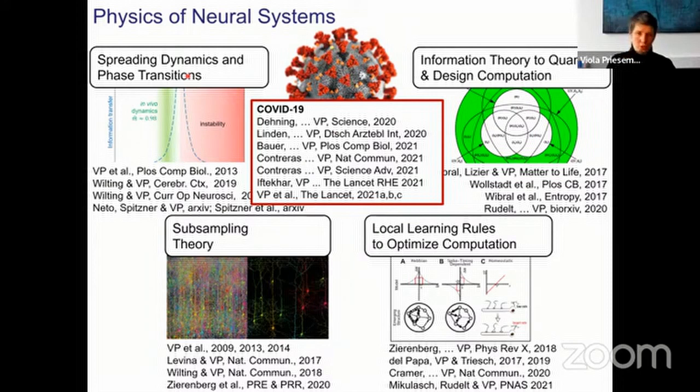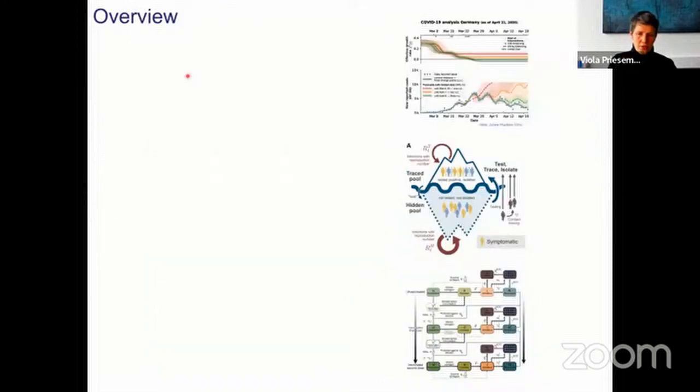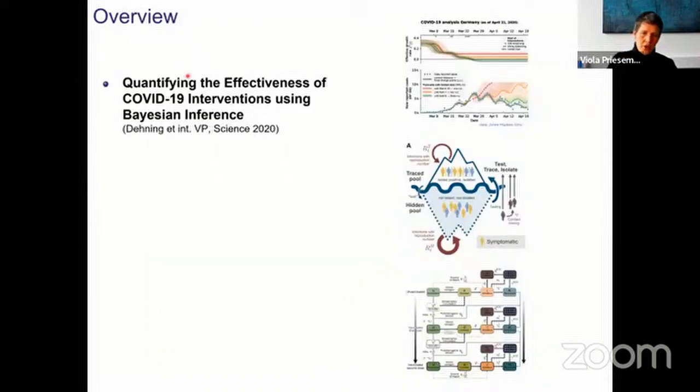I want to make a very short detour about our work on COVID. We have very early on quantified the effectiveness of interventions in the first wave. In the first wave, we knew very little about the pandemic. We did not exactly know what's the case fatality rate or the infection fatality rate, but nonetheless, we could use a Bayesian framework to infer how much, related to each of the interventions, like closing schools and having a full lockdown, closing stores before, how much the R value, this is basically here the spreading in epidemics, how much that decreased.